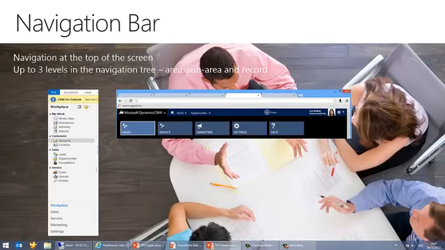And this is the navigation bar that we showed a moment ago. So it's now at the top of the screen rather than the traditional left-hand side that we're used to with CRM 4 and CRM 2011, and it collapses once you select an area. In the new navigation, you can use a module switcher to select a module or area, and the next level displays by selecting a sub-area within that area. And then the third level of the navigation tree displays the title for the entity record when opening a